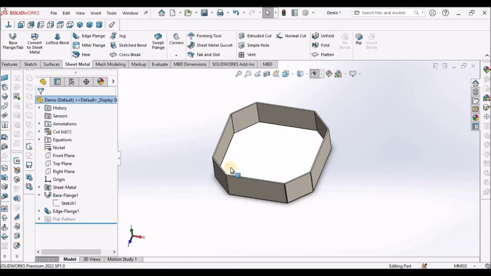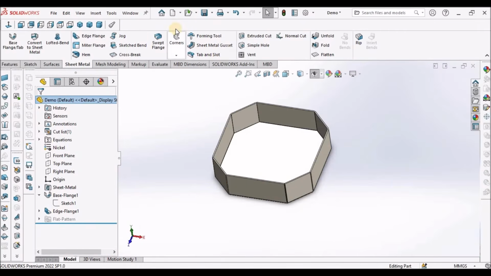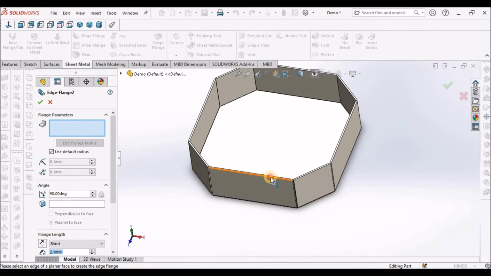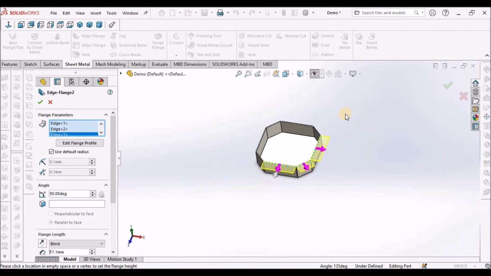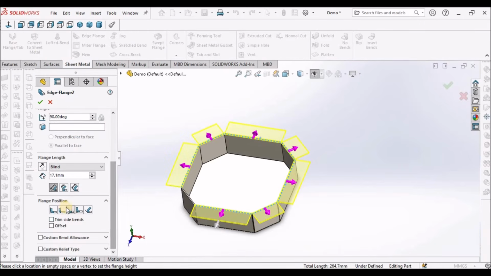So next I am going to apply these top flanges. So select this edge flange and select all the edges. And here we have to select the flange position as bend outside, and say OK. See